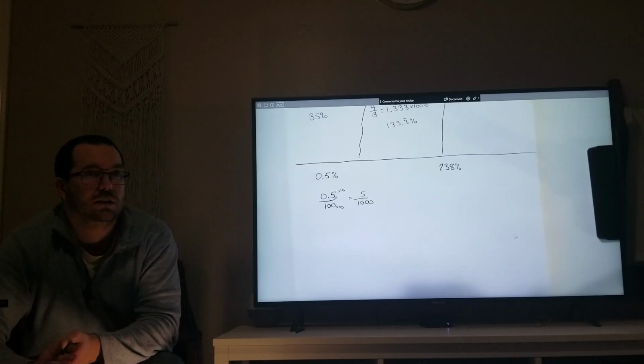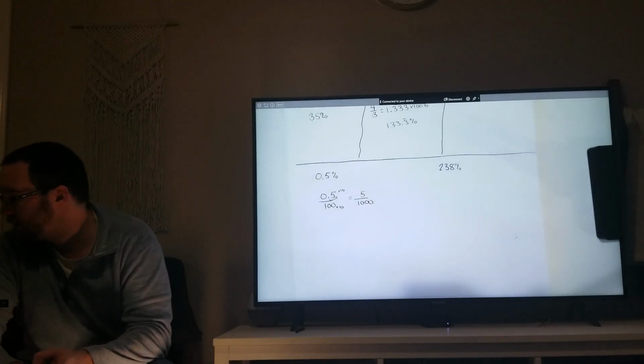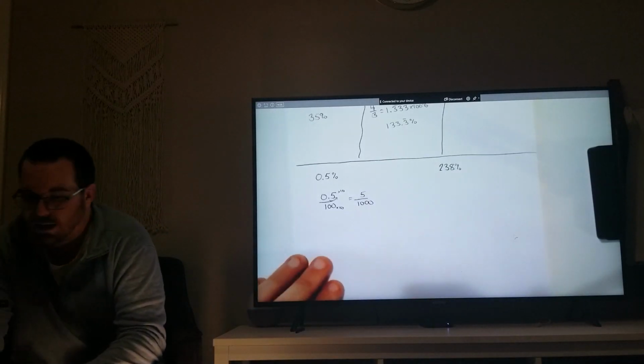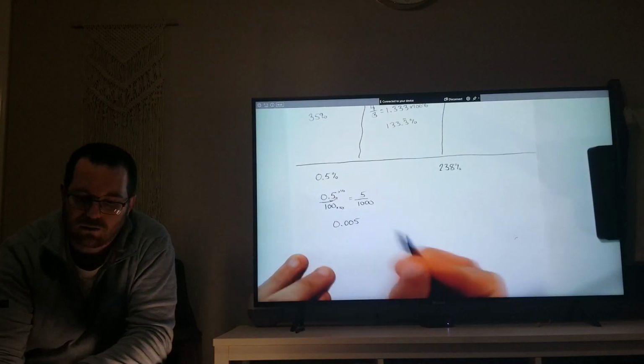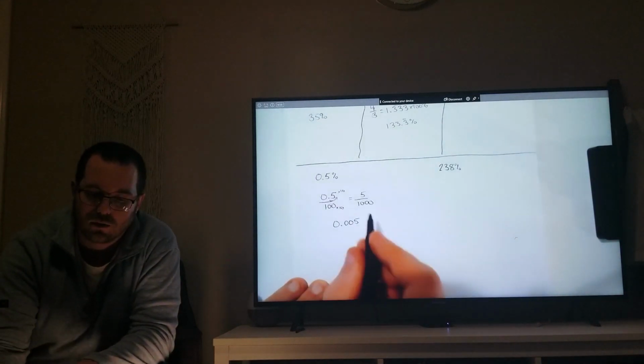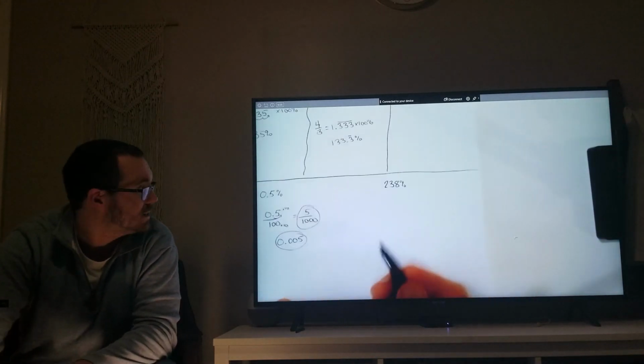In order to turn this into a decimal, all I have to do is divide these two values, and I would get the answer of 0.005 when I divide those. So this is it as a fraction, this is it as a decimal. Let's take our next number here,